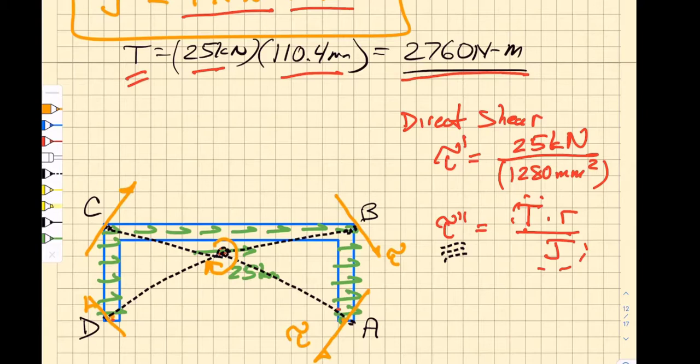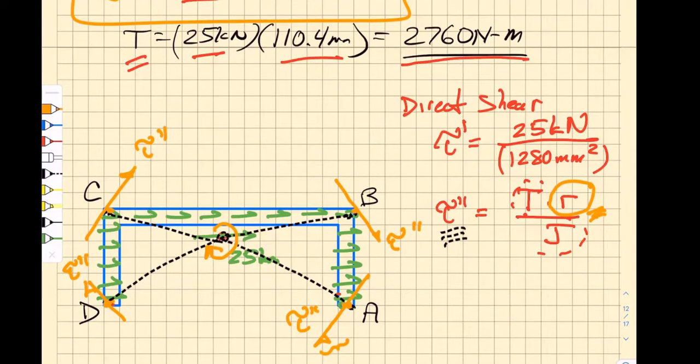So we don't know the magnitudes of these moment arms yet, these R values, so we don't know the actual magnitudes of these torsional shear stresses, all of which can be different because they all have different radius values. Well, I know that D is going to be the same as A and C is going to be the same as B, but I don't know how B compares to A, for instance. You look at that and you say, let me save myself a little bit of time, because this torsional shear stress at A is going to have a component that points in the negative x direction. The component points in the negative y. The component at B is going to have a component that points in the positive x, which is going to add to the direct shear term.